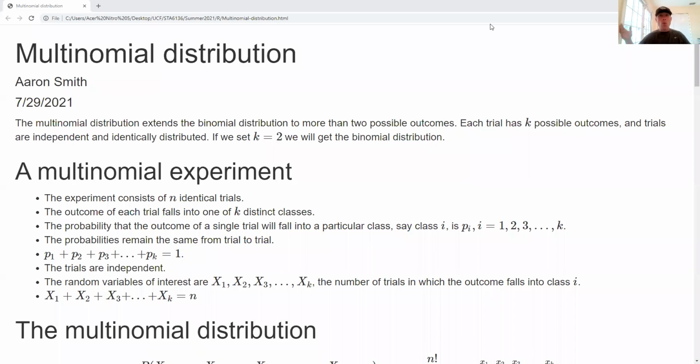Hi, in this video, we want to take a look at the multinomial distribution. This is really going to be an extension of the binomial distribution. So remember, when I'm talking about the binomial distribution, we have repeated trials, such as flipping a coin, and in a binomial situation, we have two possible outcomes. On top of that, we make the assumption that the probability of each event is constant, and we have